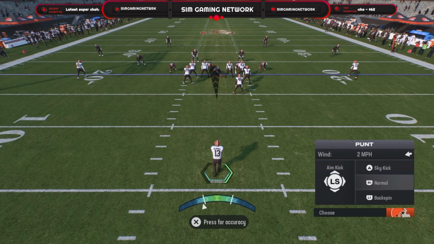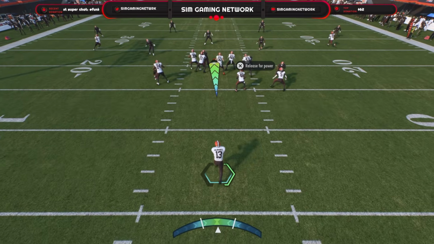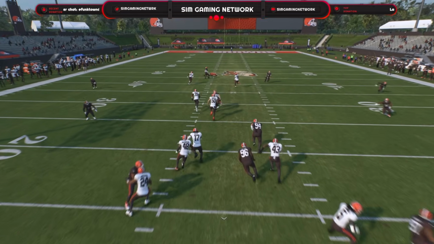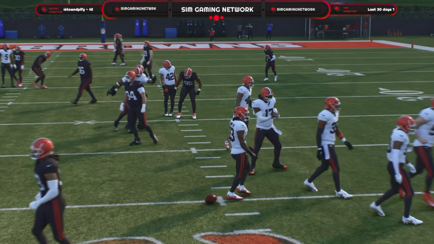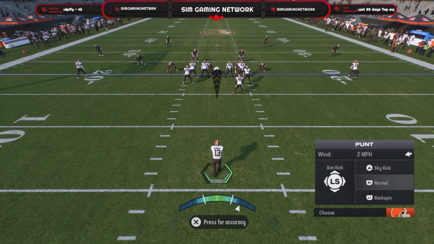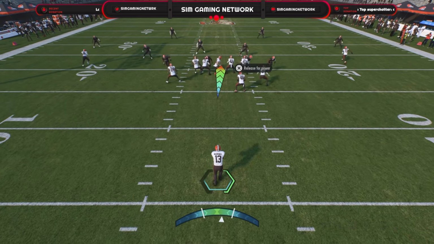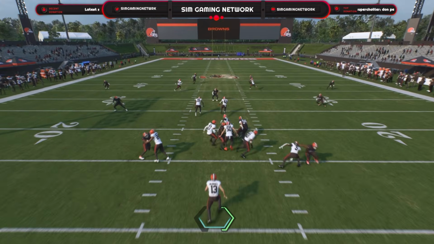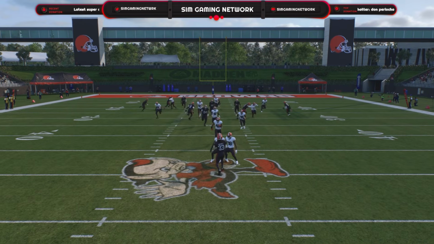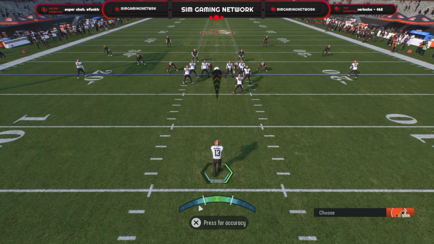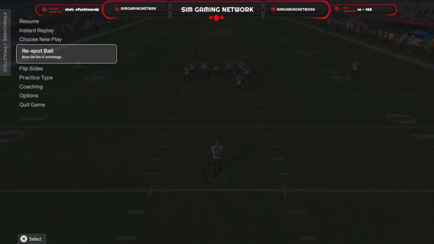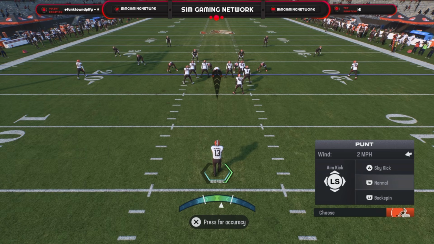And this is me as the user punting. And you're going to see with it at 1, I can't even get it across the 50. Now, I didn't get a full power on that kick, so let's try it again here. We're not even going to adjust it, we're just going to go straight. Max power, poor accuracy, barely get it to the 50 on the dot. Makes sense, the slider is working when you look at it that way. But if we go ahead and flip sides,